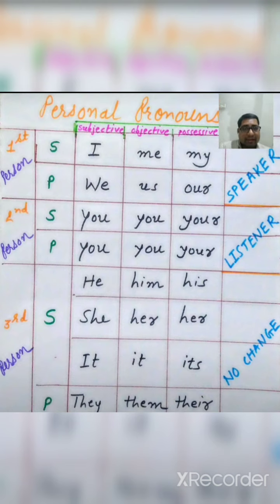Okay, and I have mentioned here no change. Why is it so? Third person is for no one. Let me give an example. Suppose you are speaking a story, an essay, or on any national leader, like Gandhiji. So you are the speaker, the persons who are listening to you, they are listeners. Am I right or wrong? Suppose you are speaking an essay on the national leader Mahatma Gandhiji, correct?